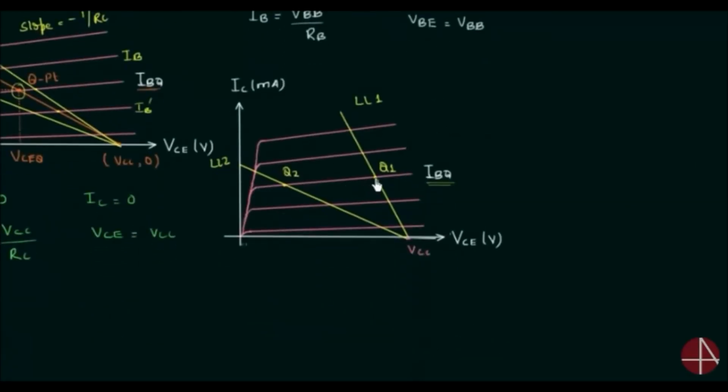Now we will plot the output voltage for the two cases. In the first case, the amplified output voltage will have waveform like this, and we already know the output voltage can be equal to or less than the supply voltage, but here in this case you can see the output voltage is greater than the supply voltage VCC. So this is not possible, and this portion of the waveform will clip off and the output voltage is having distortion.